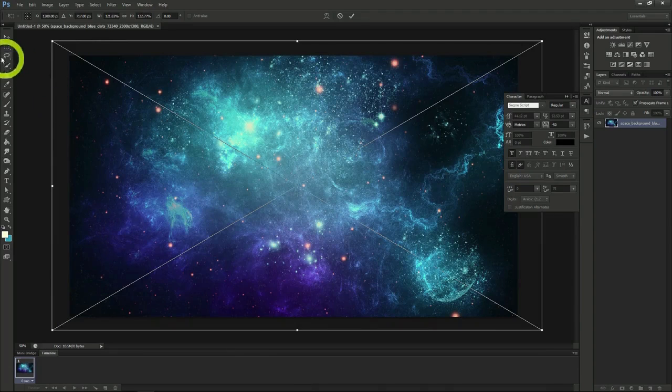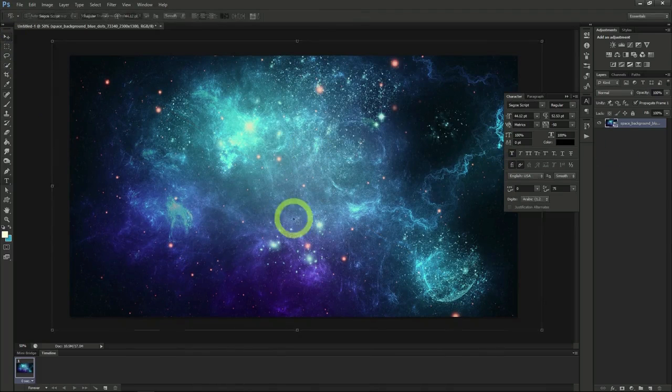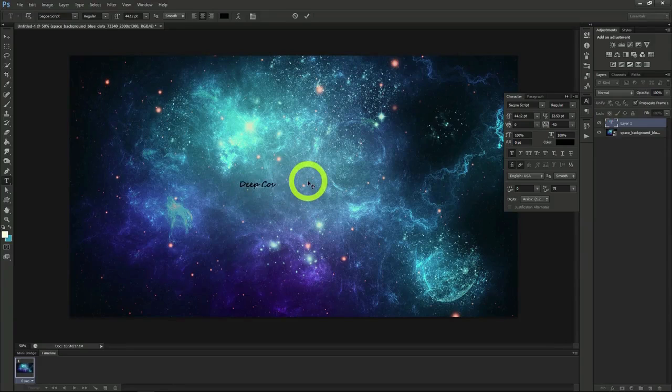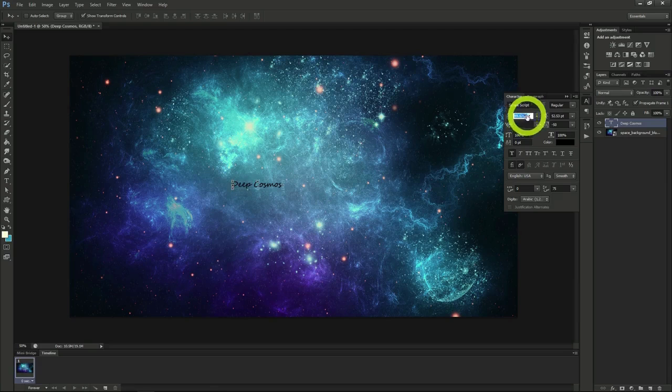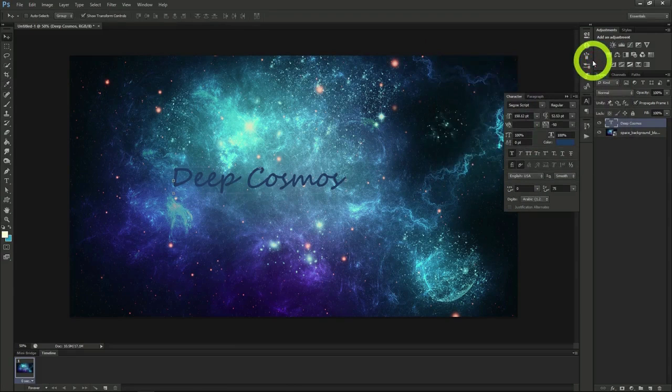Our imaginary space YouTube is called Deep Cosmos. So let's create a great text effect to show off the name of the channel. First, create your text. Make it large enough to be visible. Then set the color by clicking the color part of the properties window and clicking a part of the image. Then we'll go into the layer blending option,